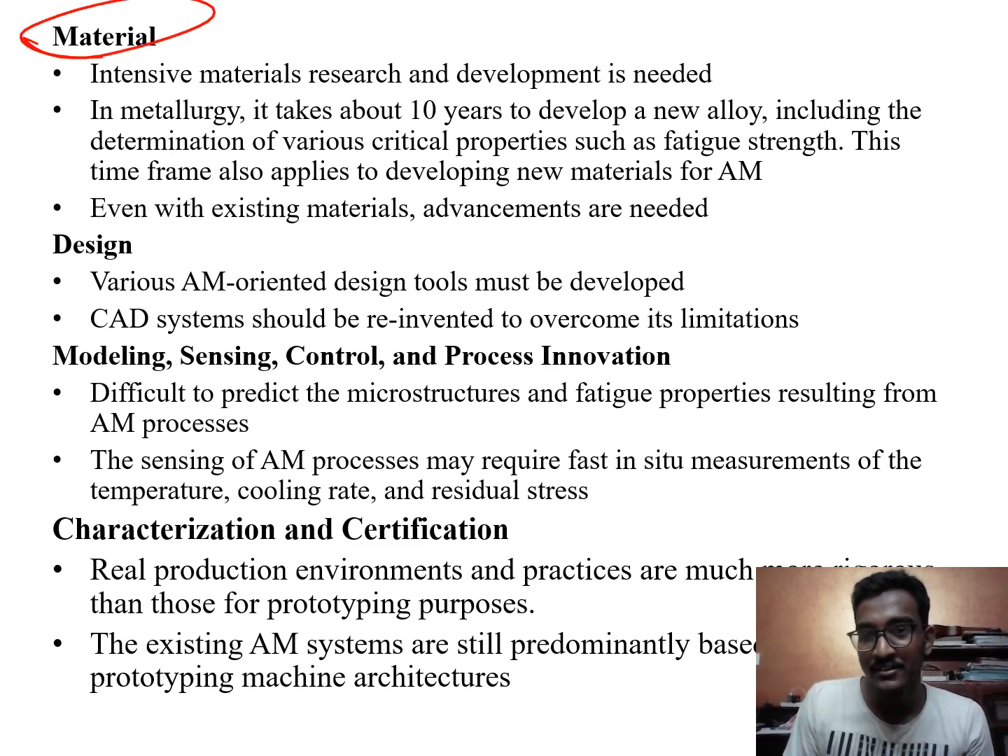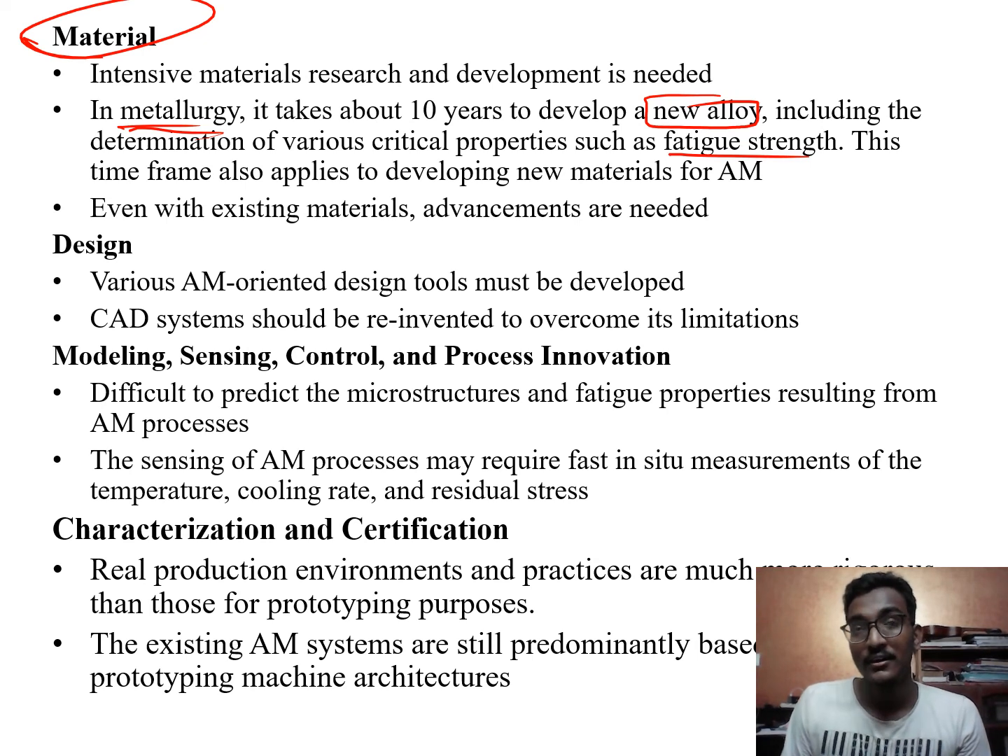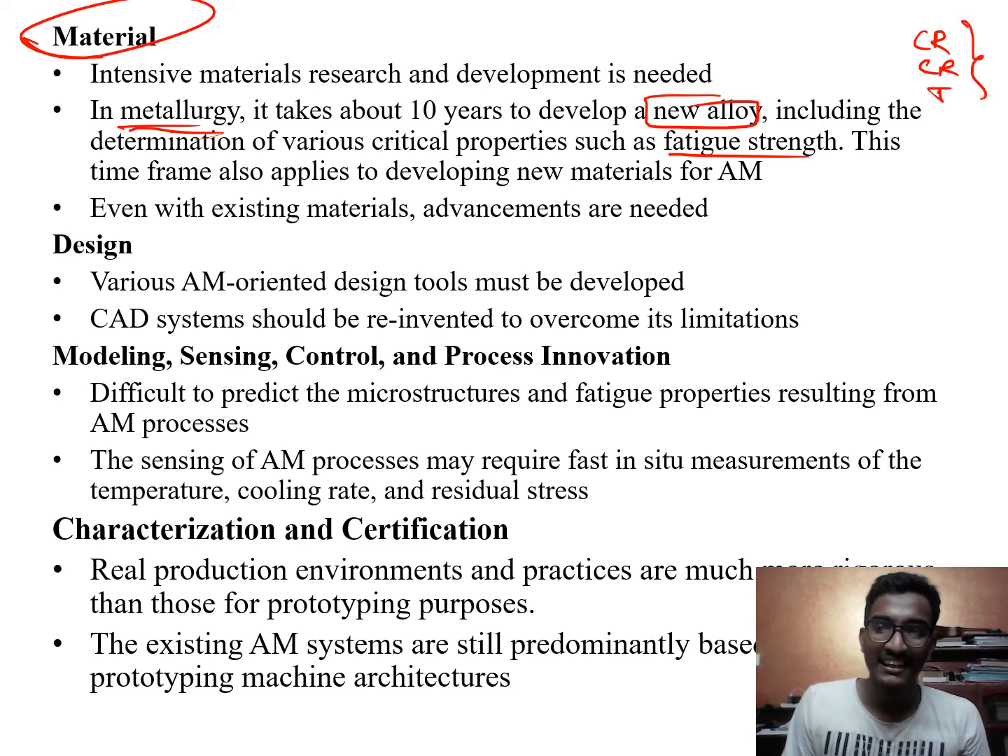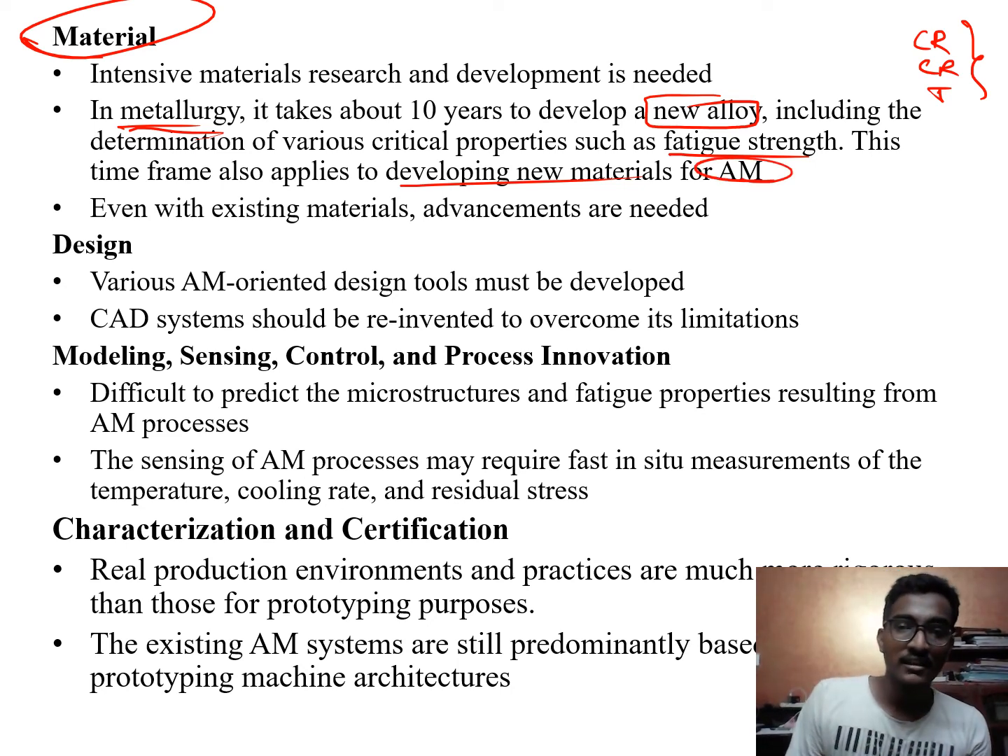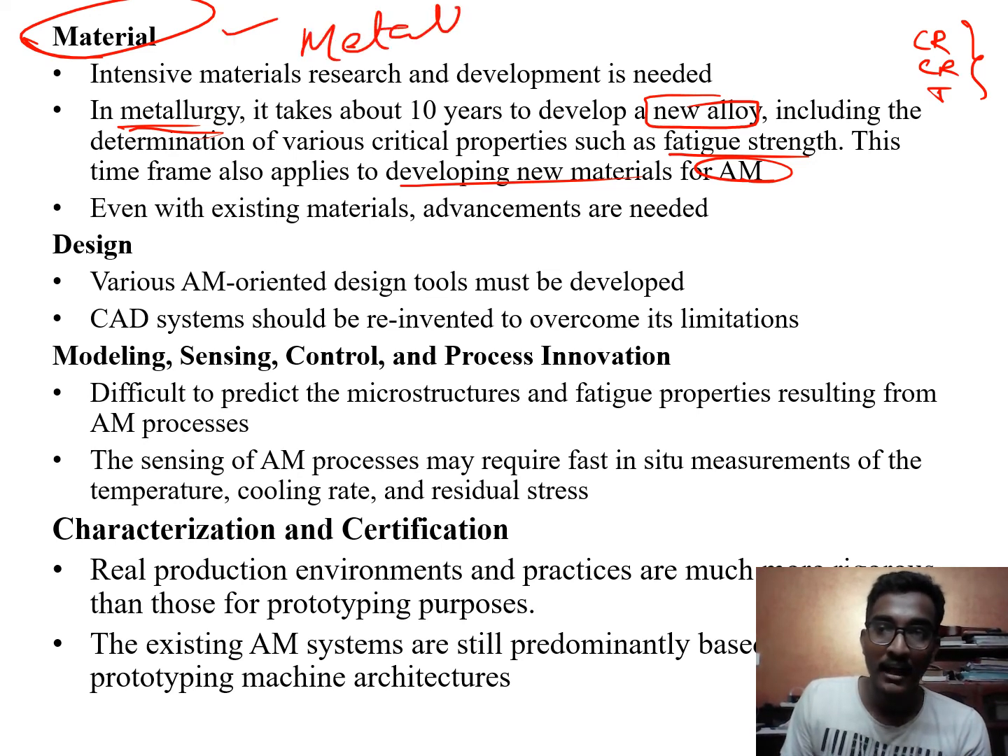So there's intensive material research and development needed in metallurgy. Many people from a metallurgy background know it takes about 10 years to develop a new alloy, including the determination of various critical properties such as fatigue strength, creep resistance, corrosion resistance, and tensile strength. This time frame also applies to developing new materials for additive manufacturing. So even the existing material advancements are also needed in the materials part, from the metallurgy people who are seeing this